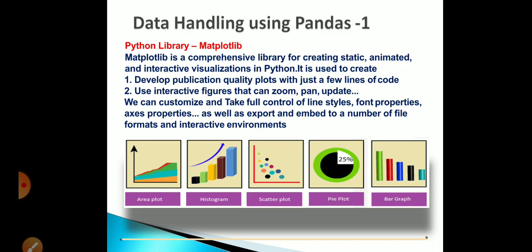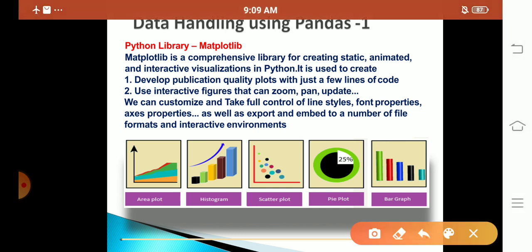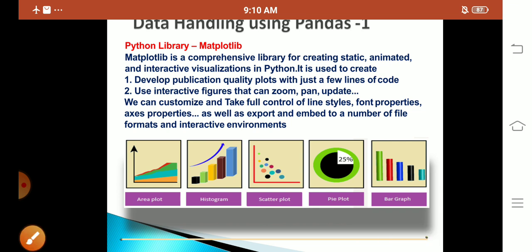So data handling. Why do we use data handling? Data handling is basically used to handle our data. You know, there are millions of data stored in our database. So to handle those data in a systematic manner, we use what? Data handling. And for that we have to use what? Libraries. Under that we have two libraries. First one is matplotlib and second one we'll use what? Pandas. So first, why do we use matplotlib?